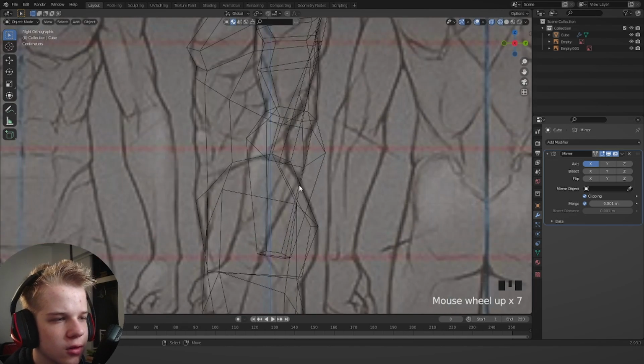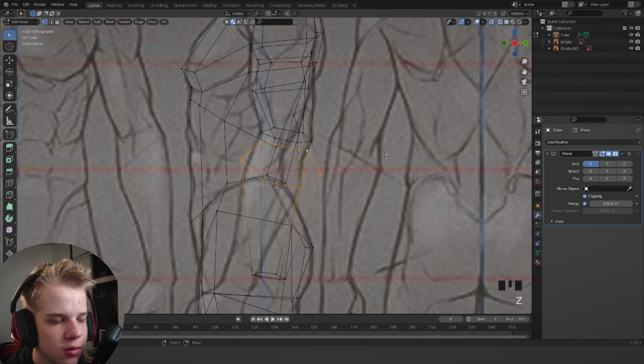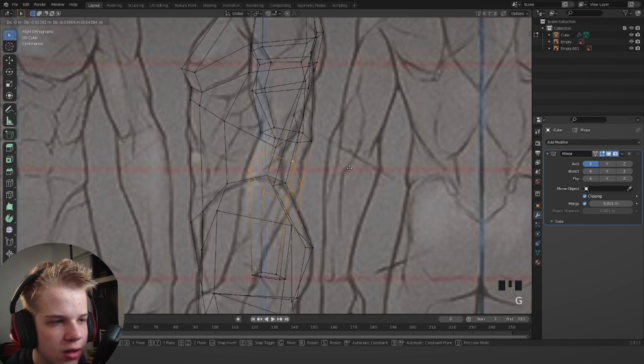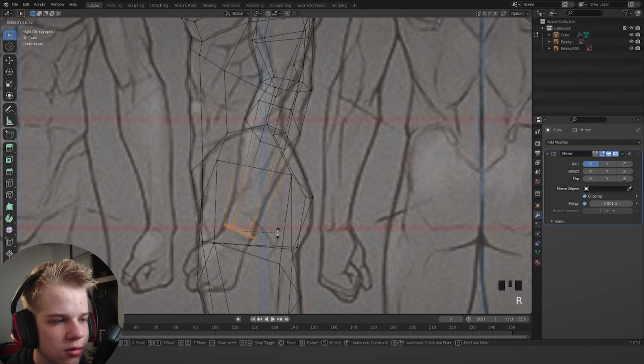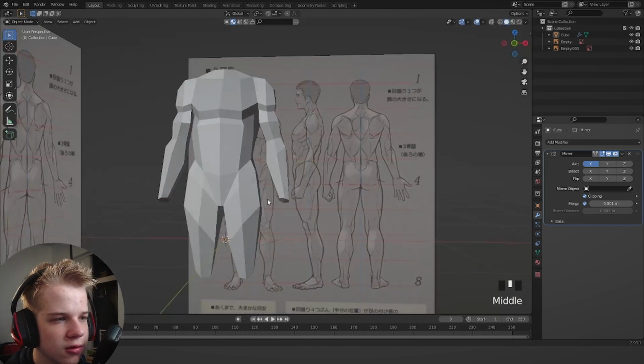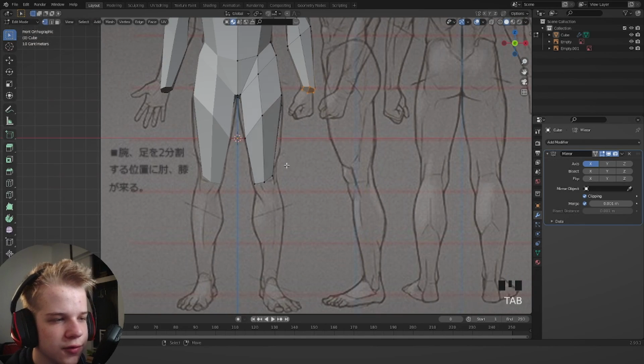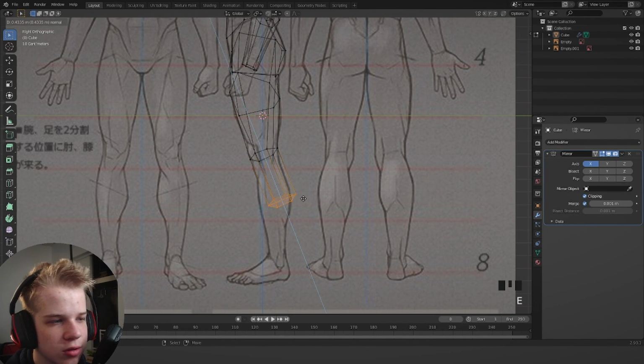Okay. Let's go to side view, line that up there. We can scale this down. There, Y. Select this, G, rotate. There you go. For the arms. Let's just finish off the legs as well. So let's just select this bottom, extrude out,